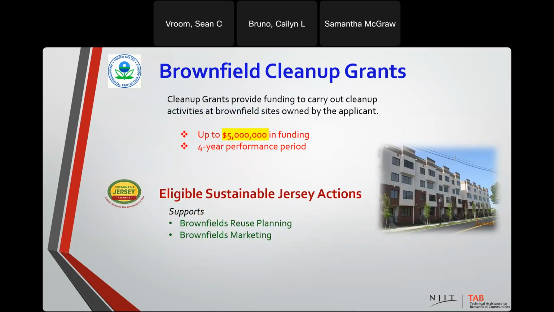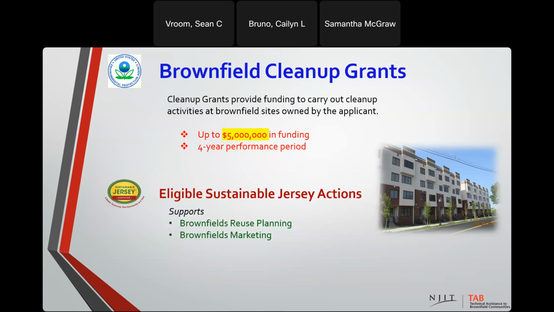And then lastly, you have brownfield cleanup grants. They are for exactly what they say. They're to actually clean up remediation activities on brownfield sites that are owned by the applicant. You can get up to $5 million in funding for these grants. They're doing it in increments of $500,000, $2 million, and then up to $5 million. It's a 4-year performance period, and again,